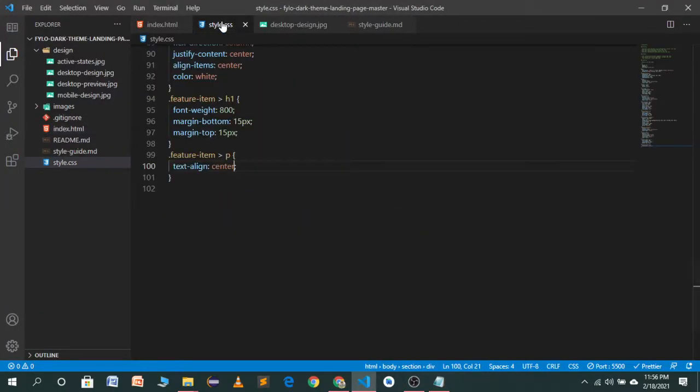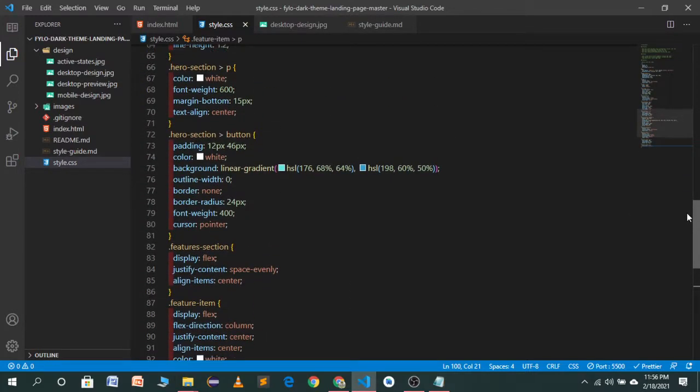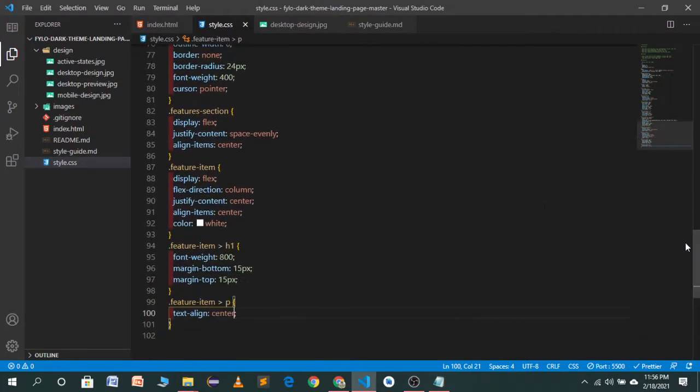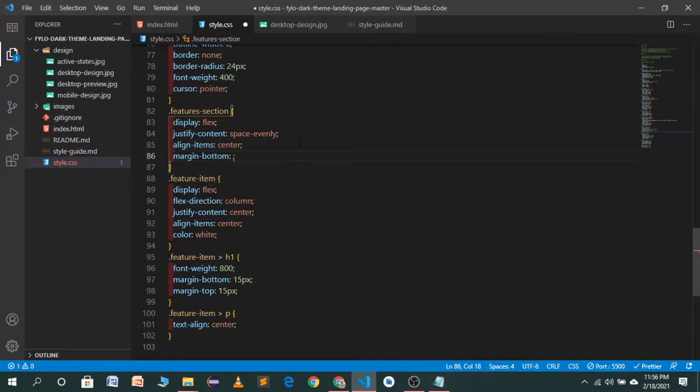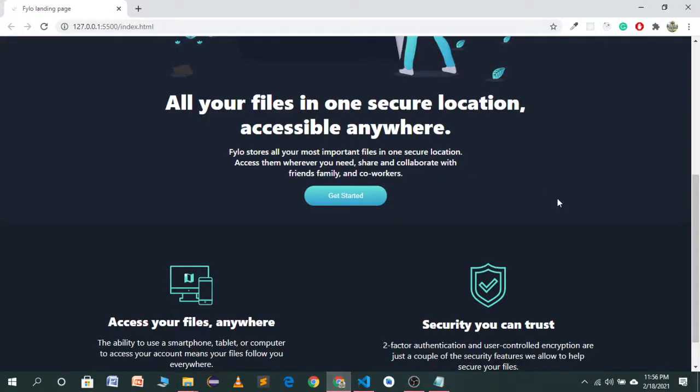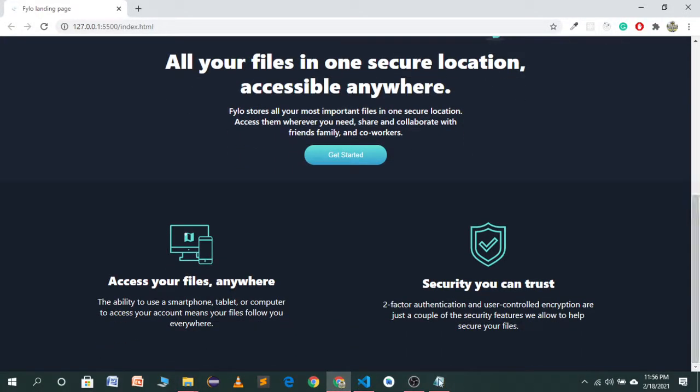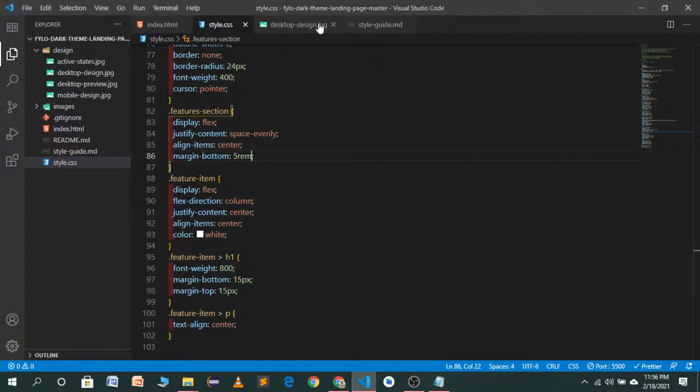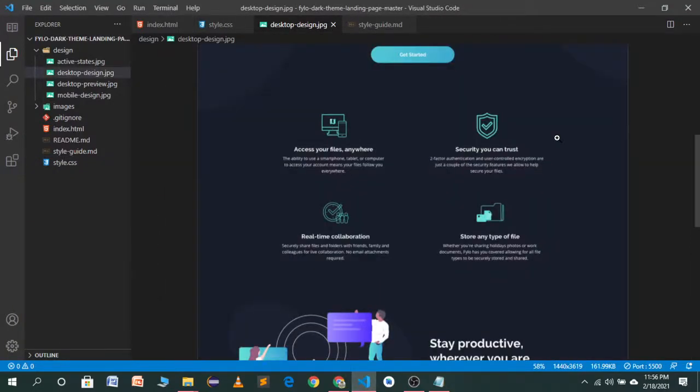So in the p tag, or we can say in this feature section, we want a margin bottom of around, I think, 5 rem will look good. Let's try. Yeah, 5 rem is looking good. Now we have to move to the next part of our build, which will be this container.